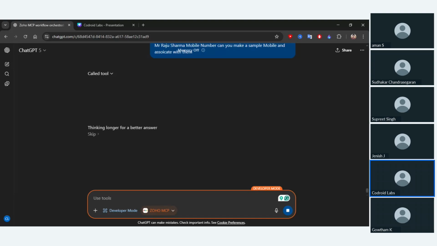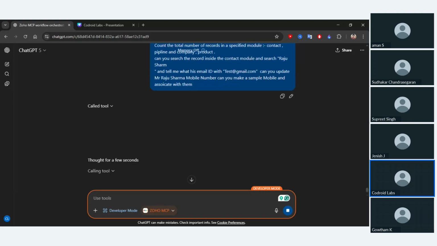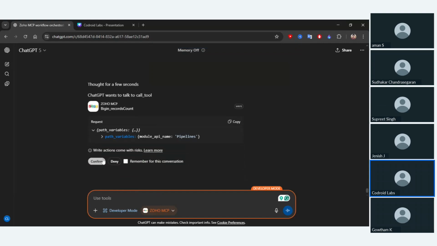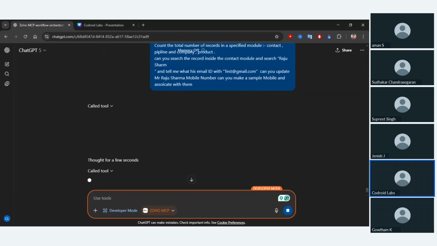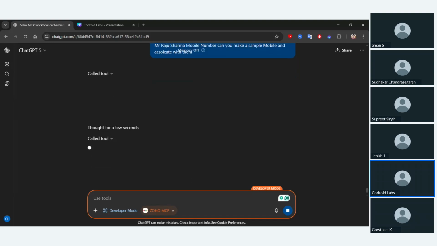It will give you a proper result and proper statements regarding how many contacts you have, and how many contacts inside the pipeline, inside the company, inside the product. Based on your pipeline and contact schedule, we also search for Raju Sharma, and after searching this particular person, it will change his email ID to test@gmail.com and update with a sample mobile number.